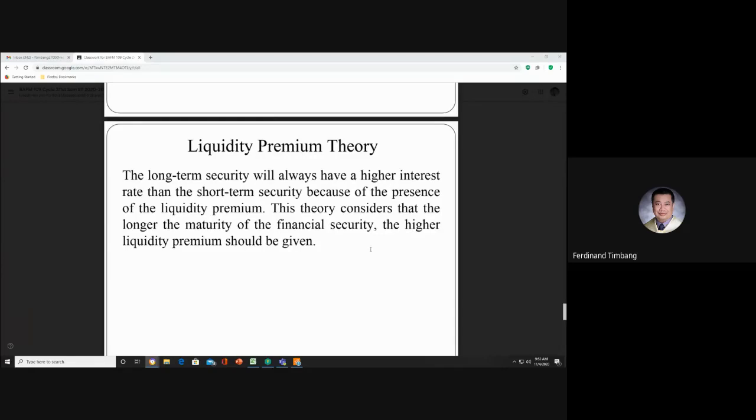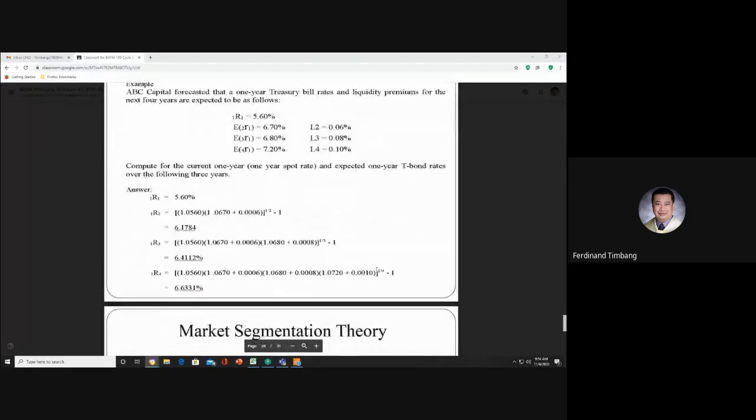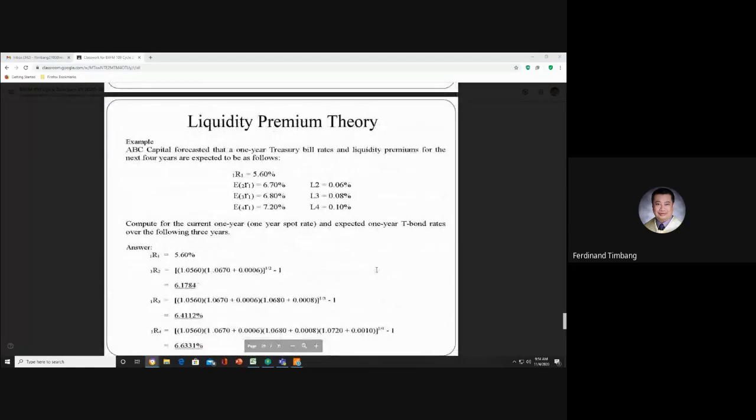Maliwanag ba? Okay, so example tayo rito. Ito, nako, daming formula, no? Class? Opo. Present. Opo, medyo madami, sir. No, kaya nga ang hirap ng finance. Alam niyo ba, hindi lang kayong nahihirapan, kahit ako, nahihirapan din ako. Kasi kailangan kong intindihin ng gusto yung mga problems na yan. Kailangan ko intindihin ng gusto yung mga theories na yan.